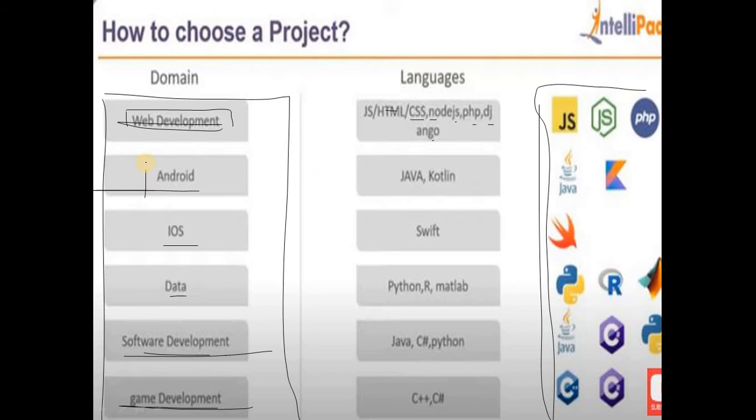Okay, in building apps in Android, we have Java and Kotlin. So these are the two main languages that are used to make software or apps